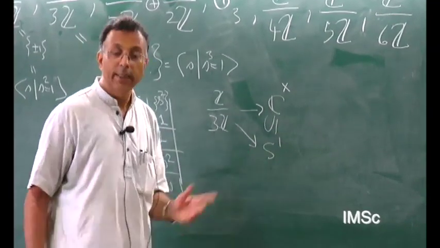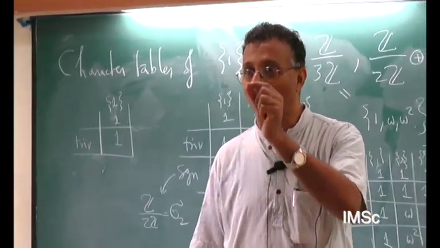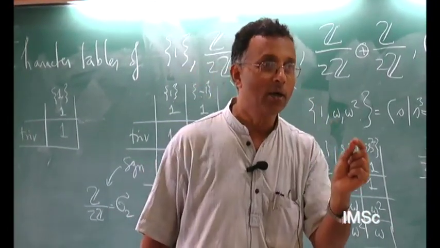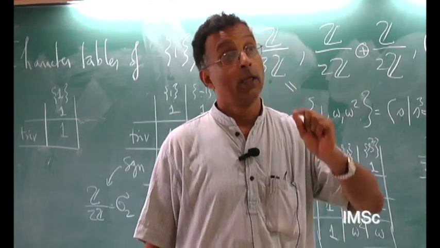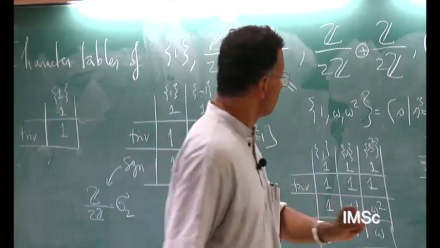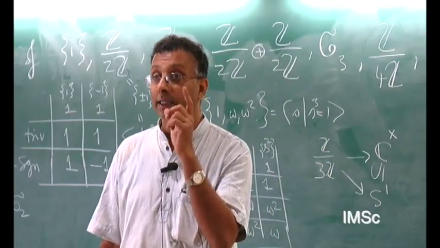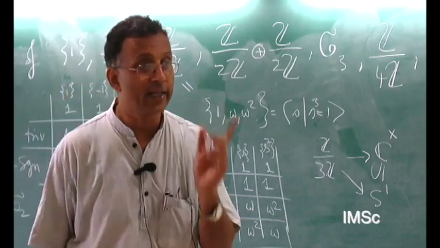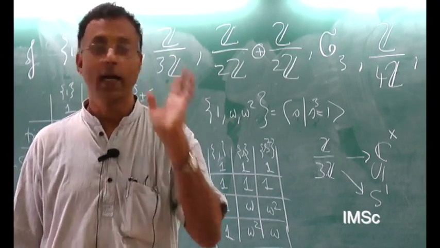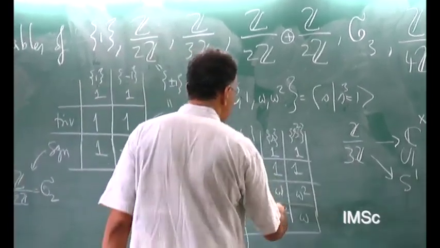Anyway, that is not hard to see because it has to be a complex number whose cube is 1. So it can go to omega or to omega square. Moreover, I can specify that arbitrarily because the only relation is this. So it's an if and only if condition. If I can find an element whose cube is 1, lo and behold, I have a representation. So I write omega square here,